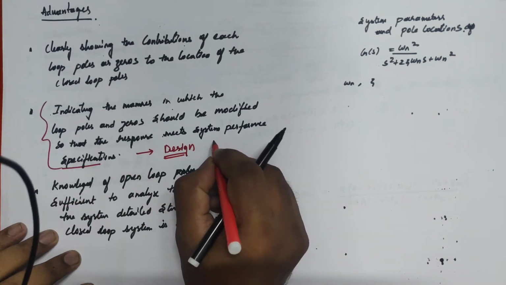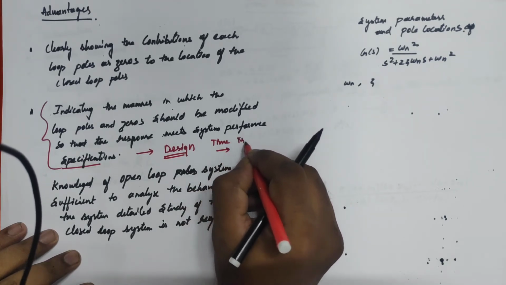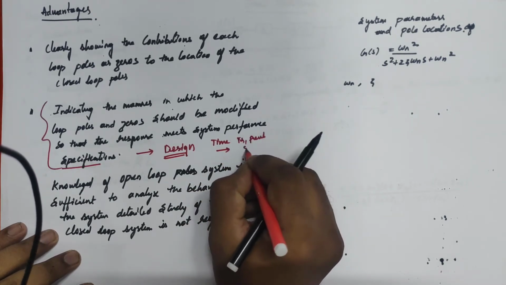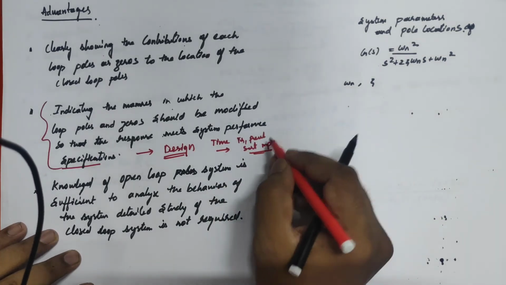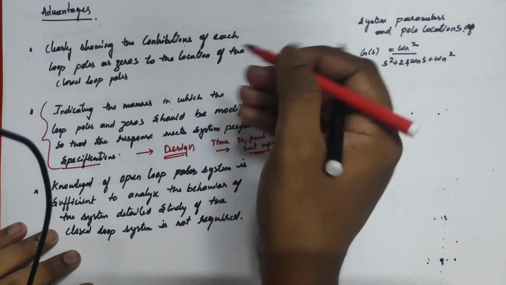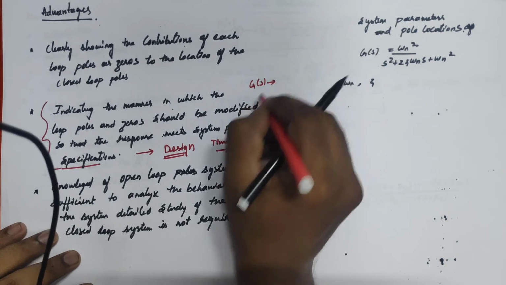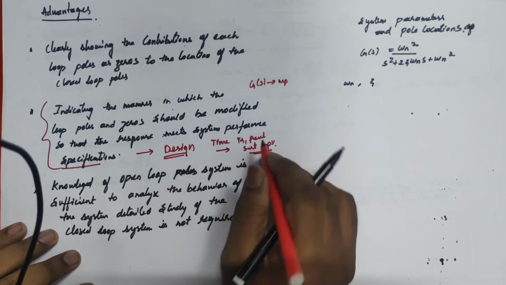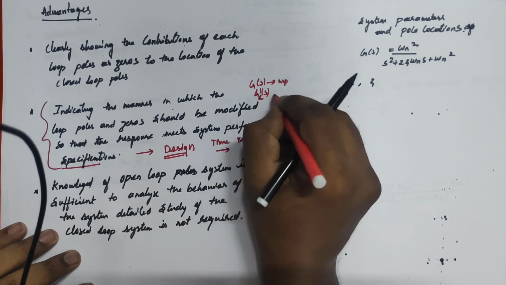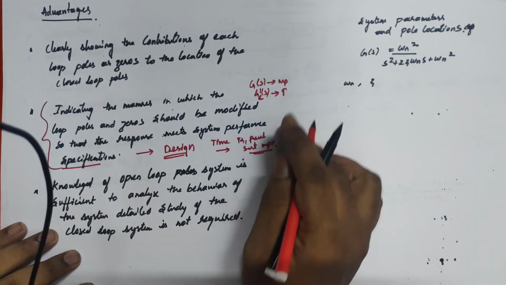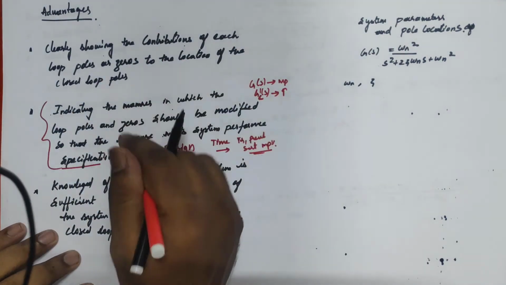So what are the specifications in time domain? I already said we have rise time, peak time, settling time, peak overshoot. If my unmodified or undesigned system G of s has some peak overshoot, I want to improve that peak overshoot. That means G dash of s, Gc of s. For that, I'll just modify the poles. We'll understand this later.